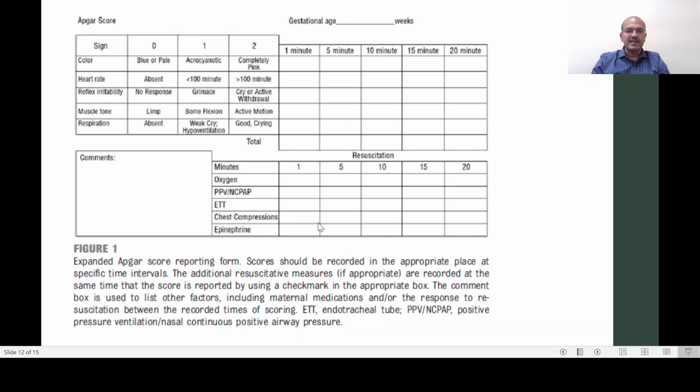If the baby's heart rate was there but with chest compression, then it's a different story. You're obviously going to write the spontaneous heart rate when you're counting in between the assessments. The medication use would also guide you. So the score should be recorded in the appropriate place at specific time intervals, and the additional resuscitative measures are